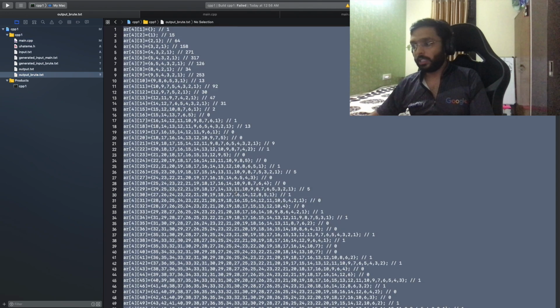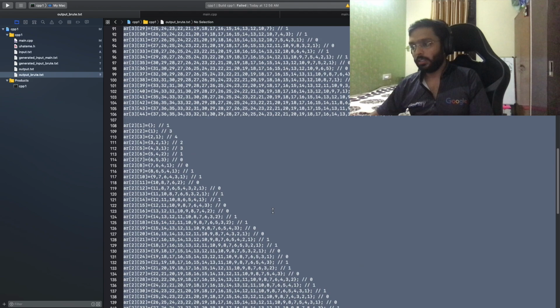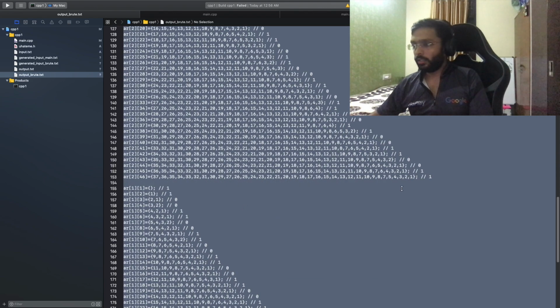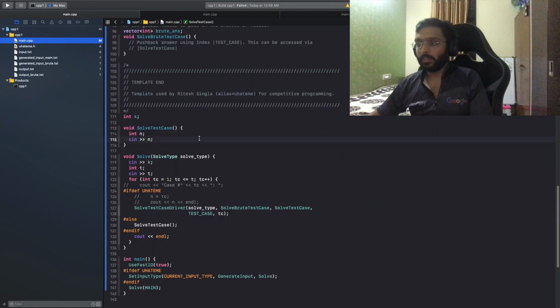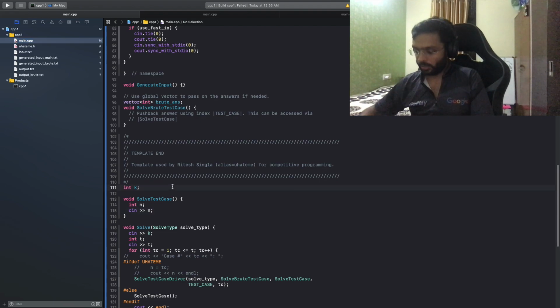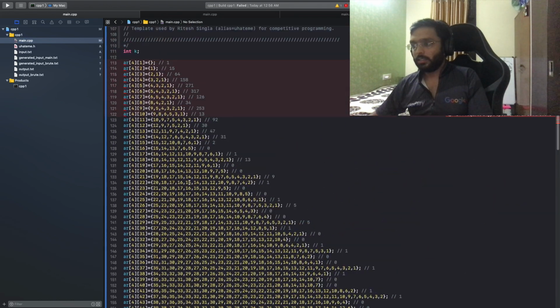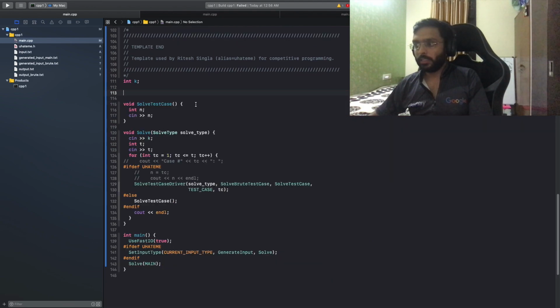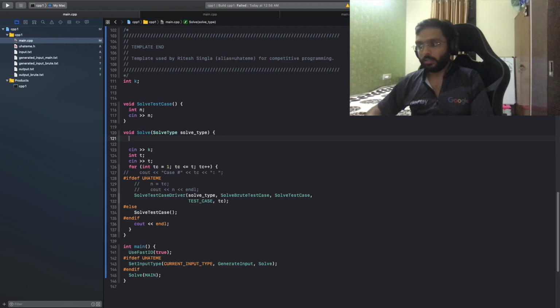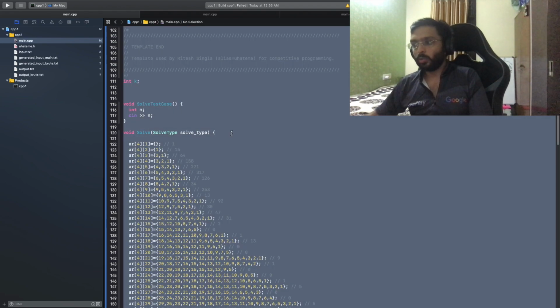So what I'm doing is one of the things I have seen, maybe a CP trick, that you can pre-compute a few of the test cases just like this and hard code a few things which you want to pre-process, and it might take some time.